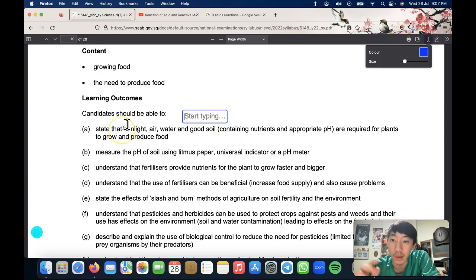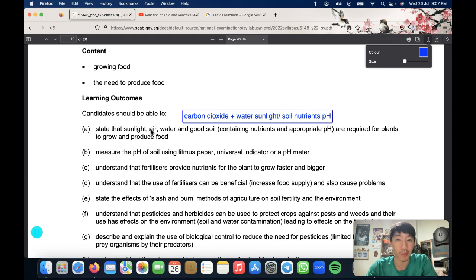What are the things that we need for photosynthesis? We need carbon dioxide, which is found inside the air. We will need water. Then you will need sunlight, and also the soil. Soil is important. We need the nutrients in the soil, and for the soil to have the right pH. Usually it's about neutral, not too acidic and not too alkaline. So with carbon dioxide plus water plus sunlight, then we can have the